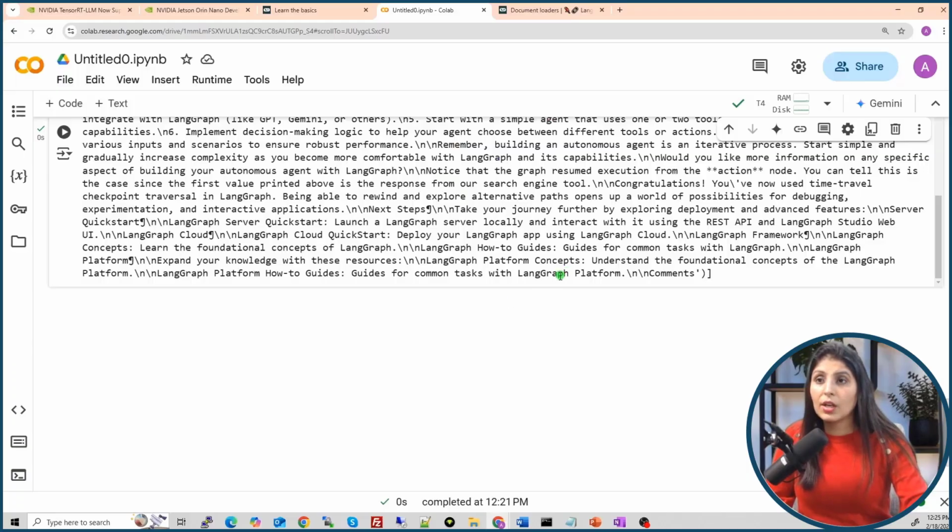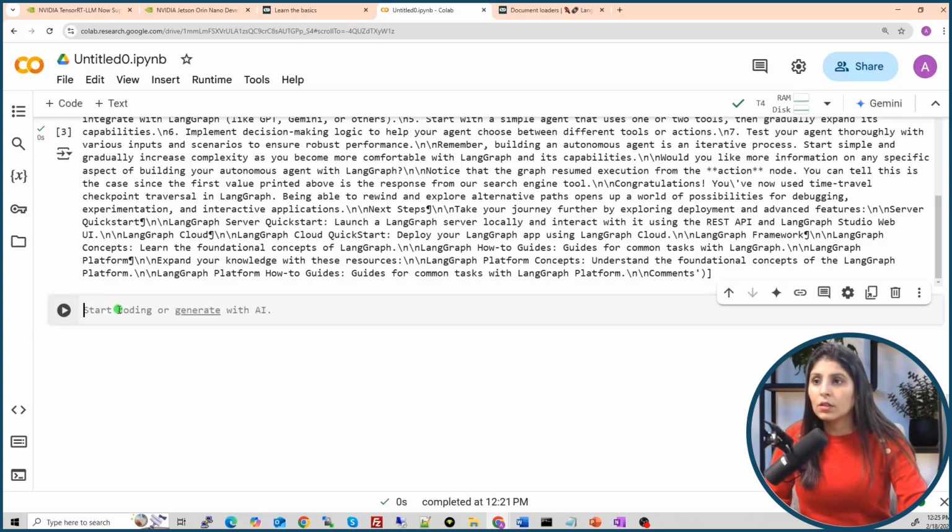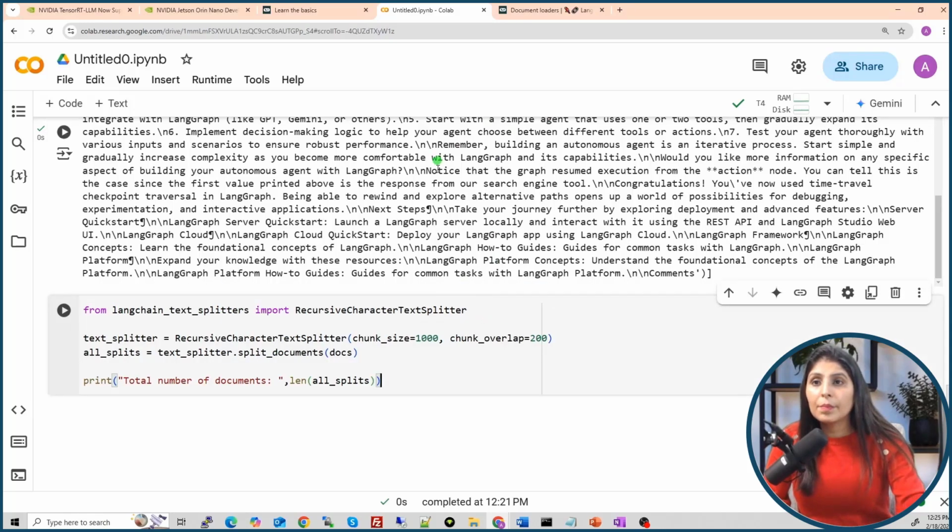Now let's see how we can do that with coding. To divide the big document into smaller chunks, we can use the recursive character text splitter. We are importing it from here. We are calling the splitter over here with chunk size and chunk overlap. Let's understand these two things. Chunk size simply means that when we divide the bigger document into smaller documents, each smaller document will have 1,000 characters. Okay. And the chunk overlap, let's understand this with an example.